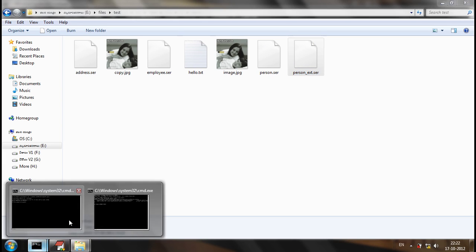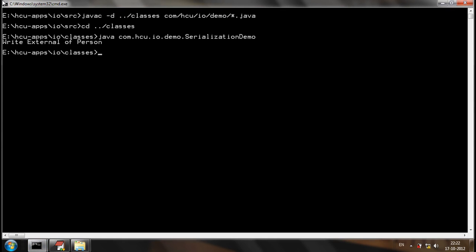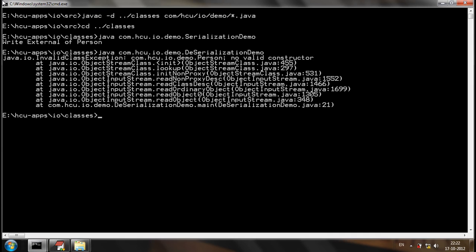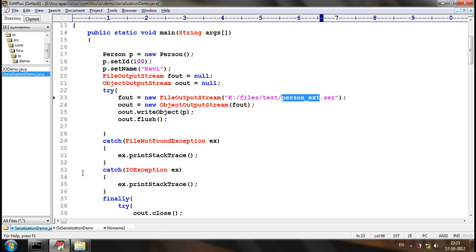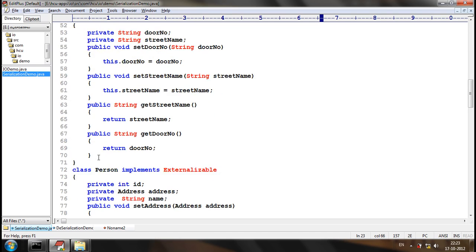Now, let me try to perform the deserialization. Sorry, de-externalization. What else? What does it tell? No valid constructor, while performing de-externalization. Why is it telling that there is no valid constructor? If you see here, the Person class,